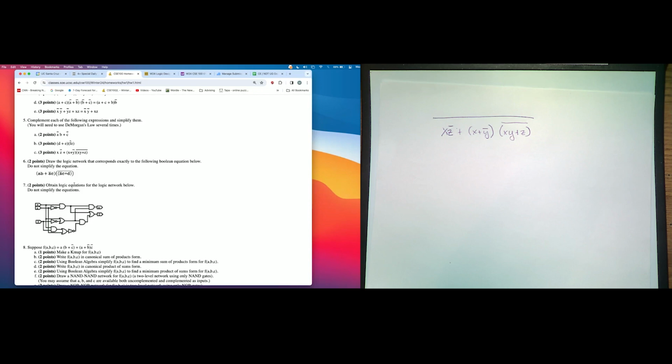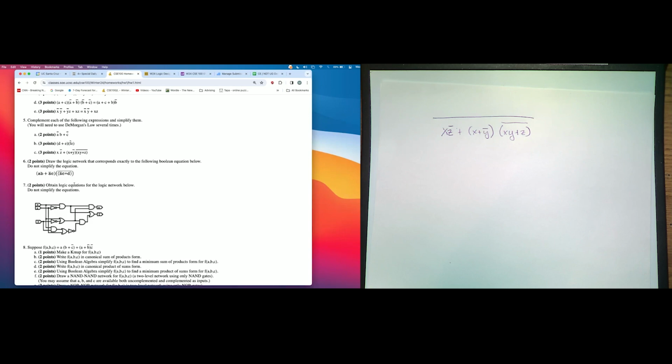Any other questions? Yes? How simplified do you want it at the end? Like, should it be that you can't do De Morgan's anymore? It should be a sum of products. Okay. And of course, if you have any terms that can be combined into smaller ones, try to do that as well.